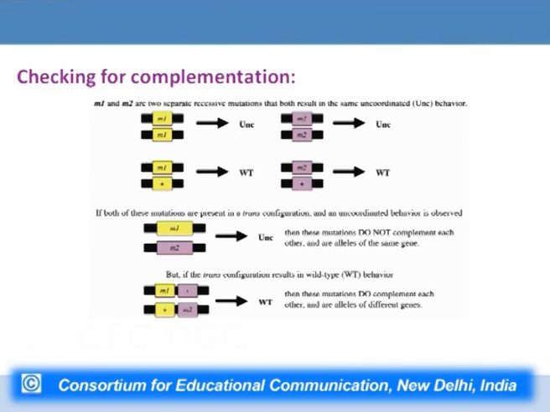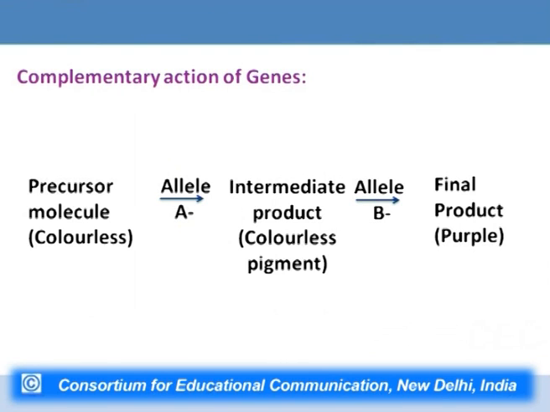However, if after crossbreeding there is formation of individuals who are wild type, that means they do not show uncoordinated behavior, it means complementation has occurred and both the mutations were present on alleles at separate locus. So, this is a complementation analysis which helps in finding out about mutations at different locuses. So, the complementary action of genes comes into place